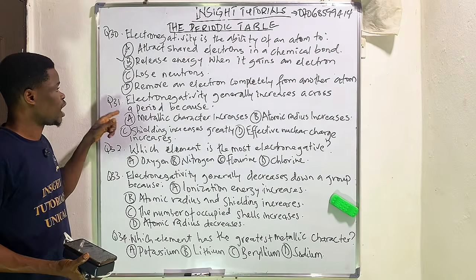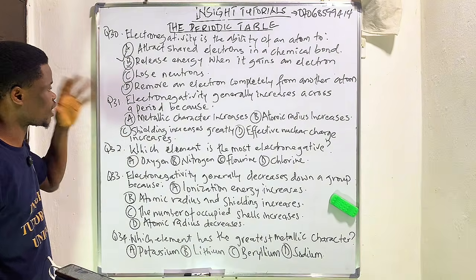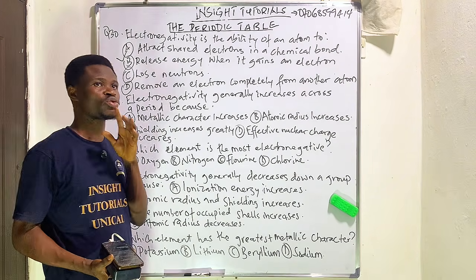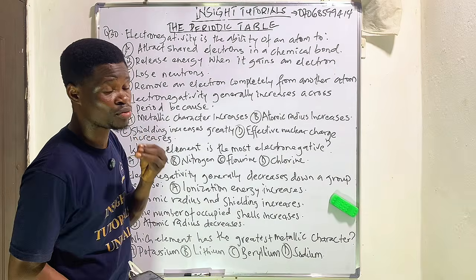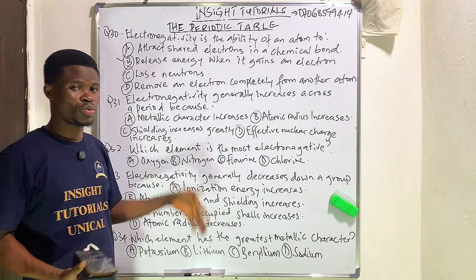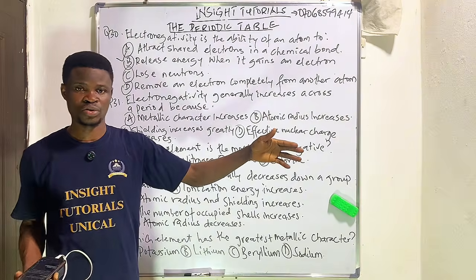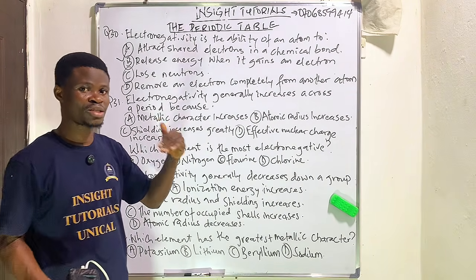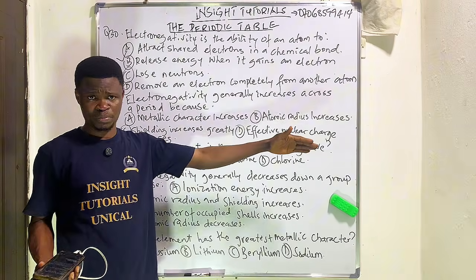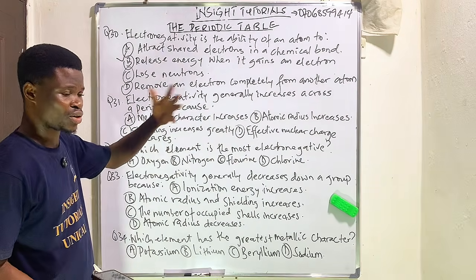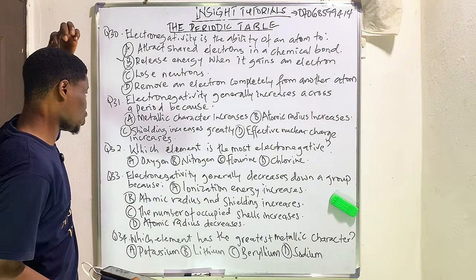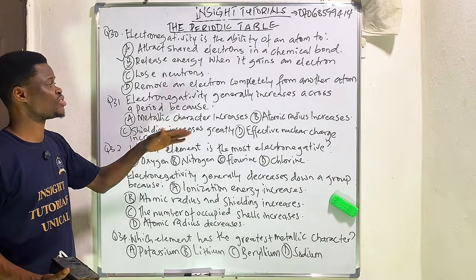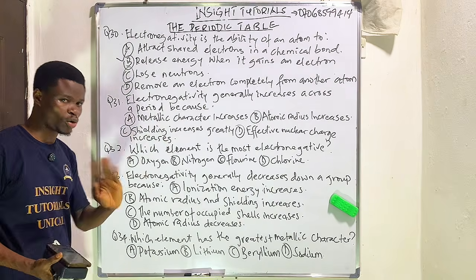This question says, electronegativity generally increases across the period. Now you need to know something about electronegativity. Electronegativity does the opposite of what atomic radius does. We all know that atomic radius increases down the group, but decreases across the period. Electronegativity does the opposite. It increases across the period and then decreases down the group. That is electronegativity. Now, they say electronegativity generally increases across a period because, and the